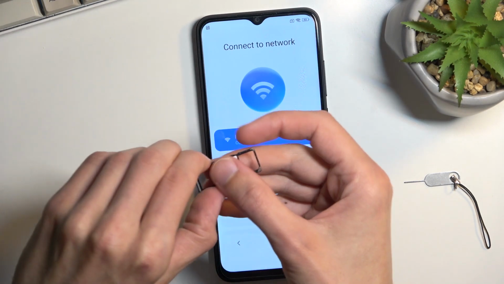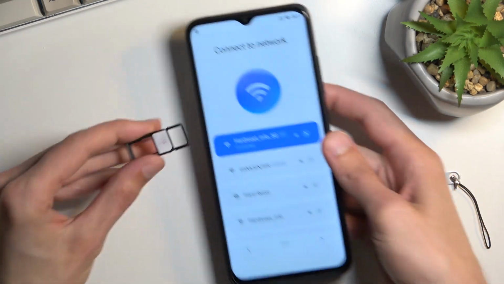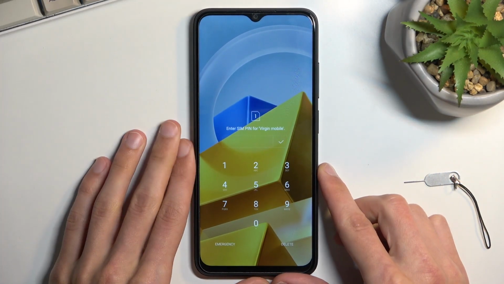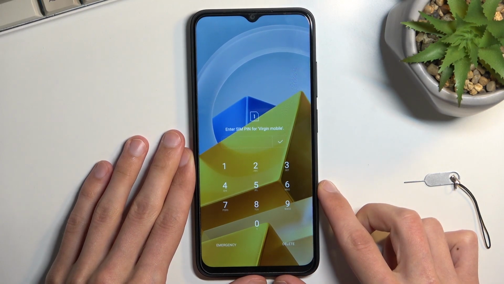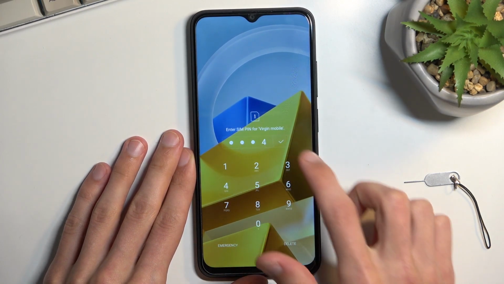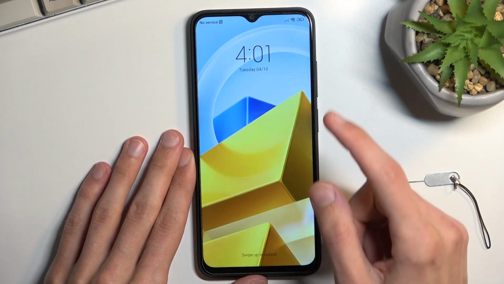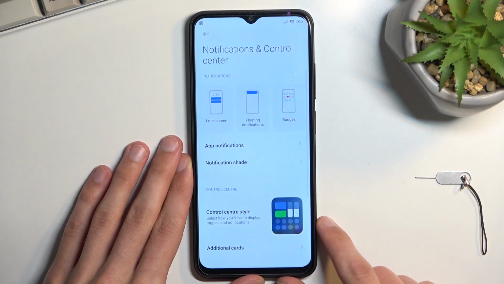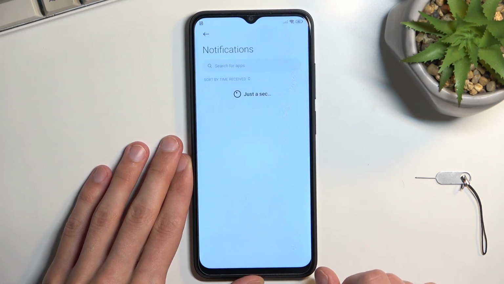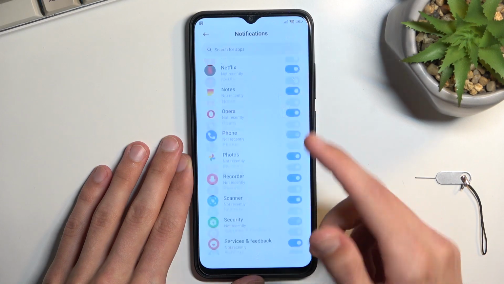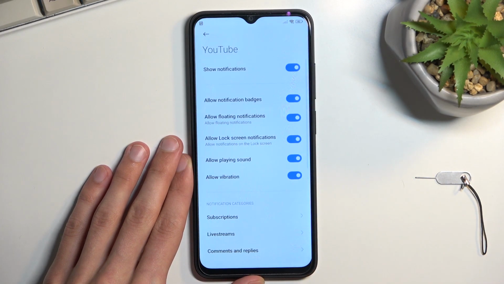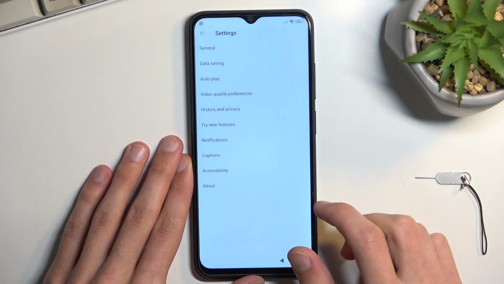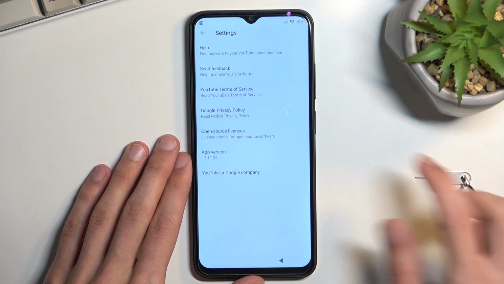So let's insert our SIM card. This locks the device and gives us the verification pin for the SIM card, so I'll quickly confirm that. Once you do, the device becomes locked, so you want to swipe down, click on this bell icon, select App Notifications, scroll all the way down to YouTube, click on it, and again scroll down, select Additional Settings in the app, and About, Help,